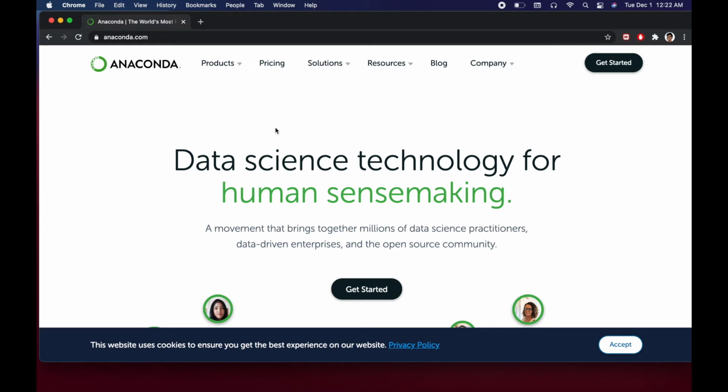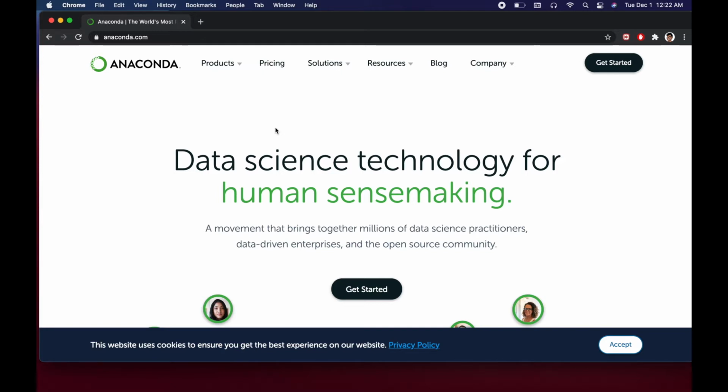Today I'll be showing you how you can download Jupyter Notebook onto your laptop. I'm using a MacBook Pro for this demonstration. The steps are somewhat similar in Windows too, so if you're a Windows user, hopefully this is still going to be helpful for you. First thing you need to do is go into your web browser and